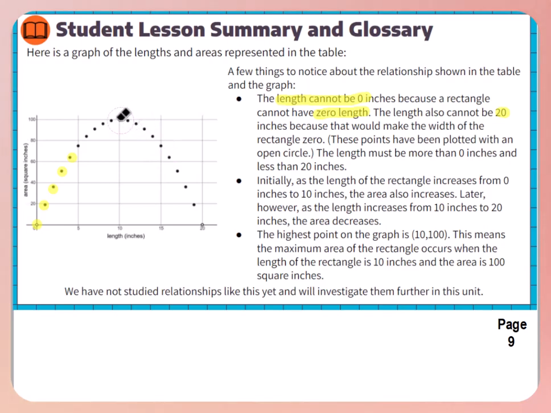Again, this means that the maximum area on the graph, up here, 10, 100, is where the maximum area of the rectangle occurs, and that's when the length is 10 inches and the area is 100. We've not studied relationships like this, and we'll investigate them further as we move into this